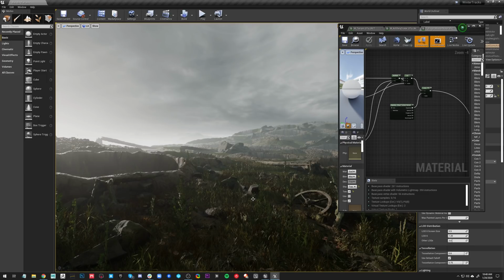That's probably the best way in my opinion, especially when you start scattering assets like this all around. It tends to cover up a lot of the tiling. If you don't have the ability to place a lot of those assets, then you should probably invest a bit more time into the material itself. And like I said, have those kind of distance blends.